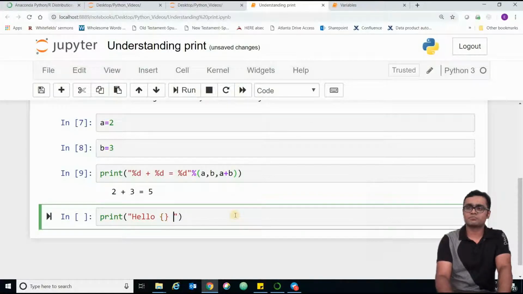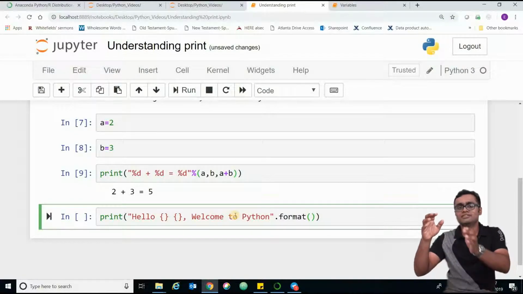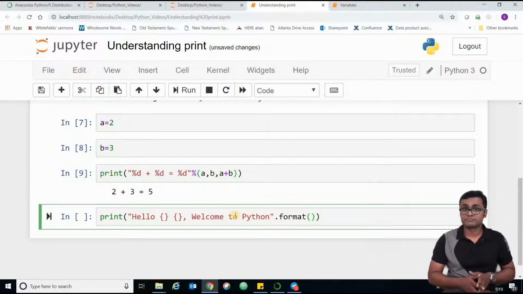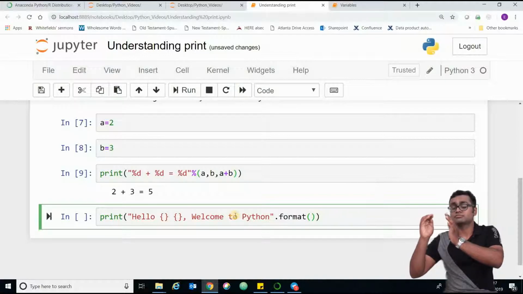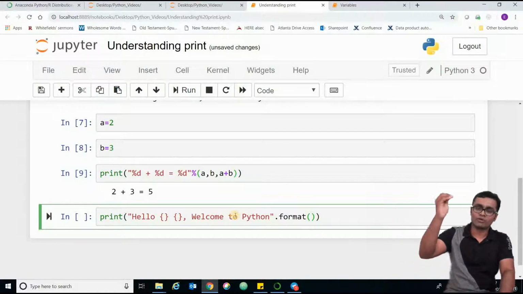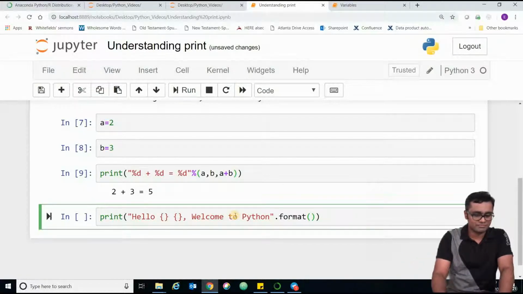Wherever you want to insert, just put a curly bracket. Hello, curly bracket, comma, welcome to Python. Now, wherever you want to insert, after the string, say dot format. Format is a string method where, in the format method, whatever variables you specify will be inserted in these particular